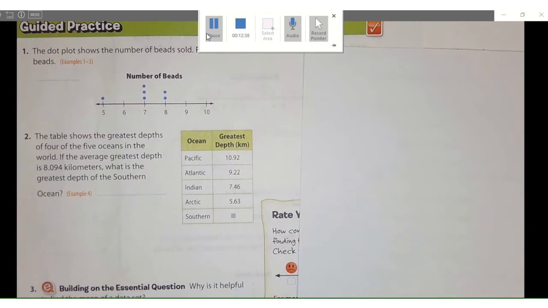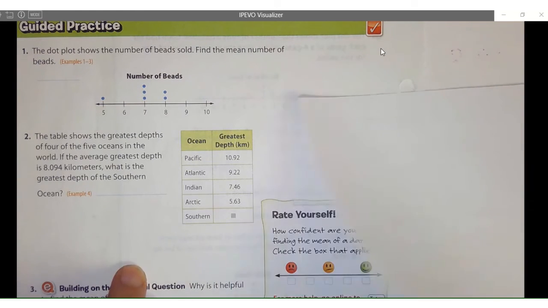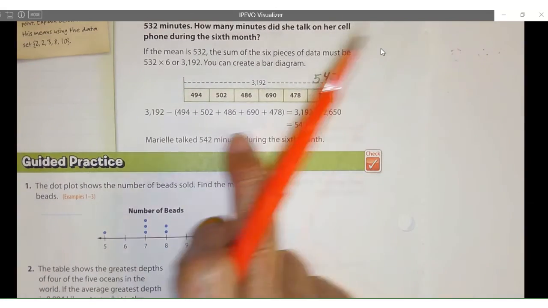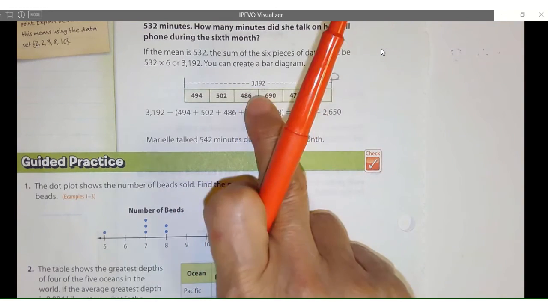I'm going to let you think about that. Okay, so let's go ahead and find out what is the depth of this southern area here. So the first thing I'm going to do is relook at this example here that they told us right here. Even though they gave us this total, we need to figure out how they got that